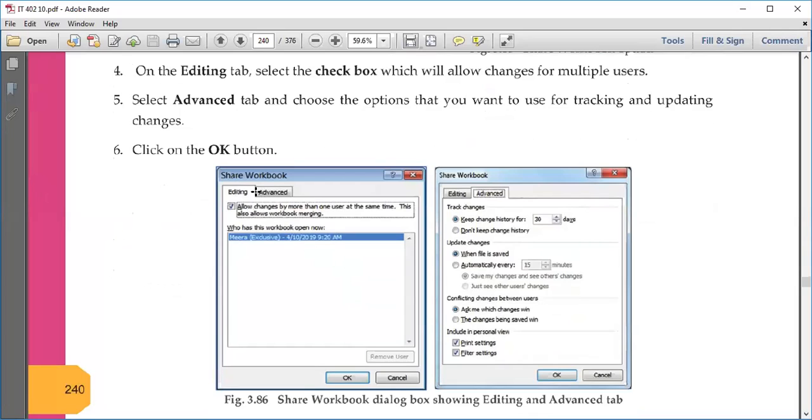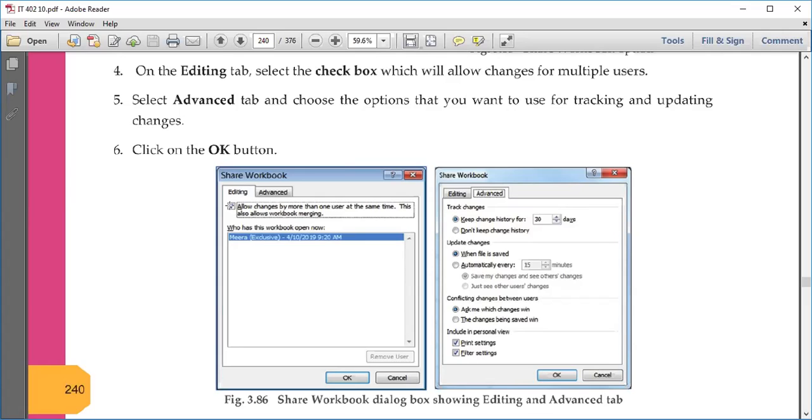Editing tabs में ये अगर आप ये select करते हो, which allows changes by more than one users at the same time. When you select this, ये tick है मतलब आपने ये select किया है, then that particular file whichever is there, so that particular file can be used by continuous many people at one time, right?